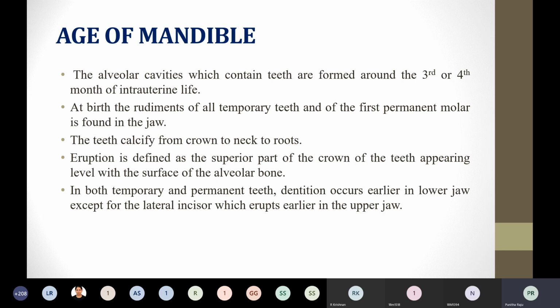And next are the premolars. The premolars are smaller and shorter than the canine. The chewing surface has two cusps. In this diagram you can see the premolars. The cusps are nothing but the depressions in the teeth. You have only two cusps here in the premolars. That is the reason the premolars are also called bicuspid. Bicuspid means it has only two cusps, and the root is single, but sometimes it can also be double. So the roots are normally single in premolars, and sometimes the root can be double.